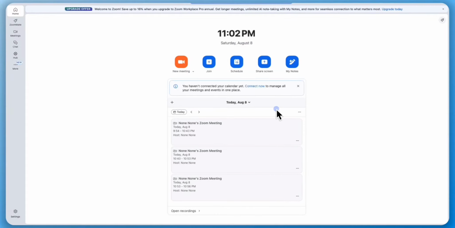Hey everyone, today I'm going to show you how to turn off face tracking on your Zoom camera step by step. If your camera keeps moving, zooming, or following your face during calls, the auto framing feature may be turned on. First, open the Zoom app and make sure you are signed in, and from the main screen, click the